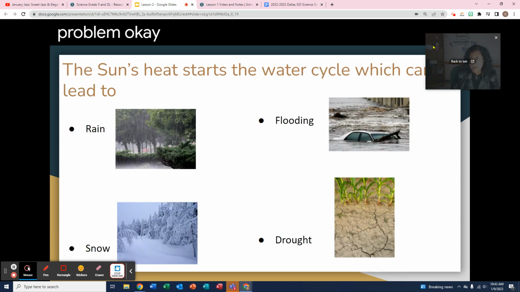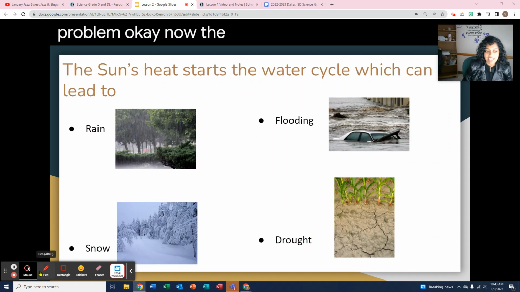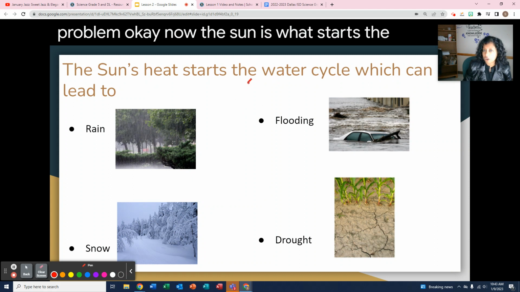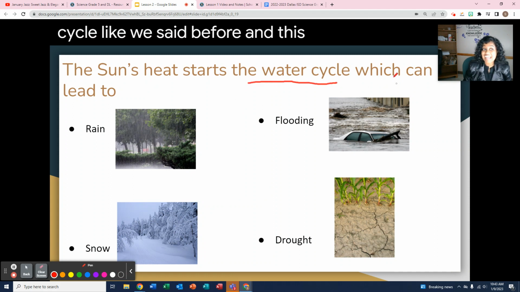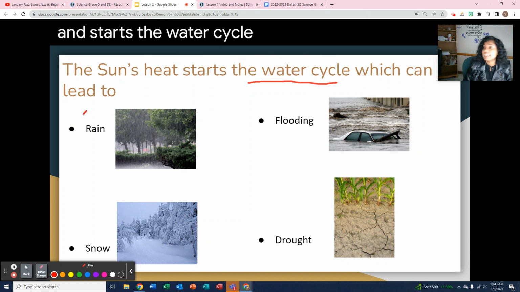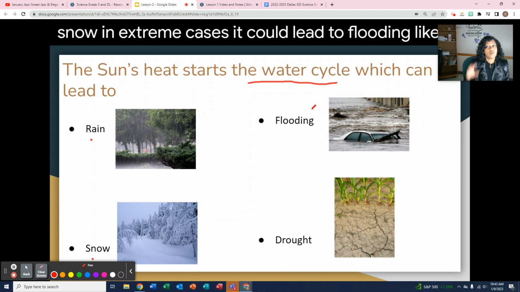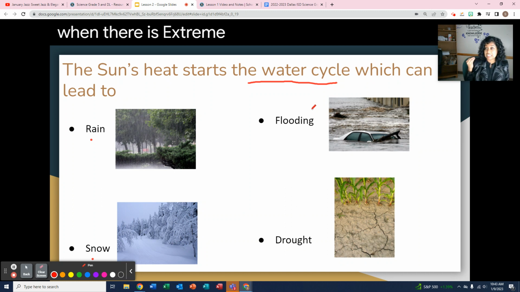Okay, now the sun is what starts the water cycle, like we said before. And this can actually lead to a bunch of different things. So because the sun heats and starts the water cycle, it leads to rain. It leads to snow. In extreme cases, it could lead to flooding, like when there is extreme heat from the